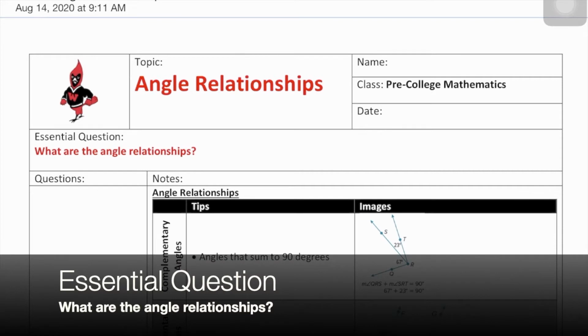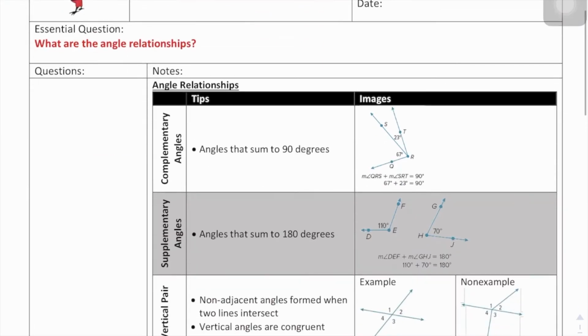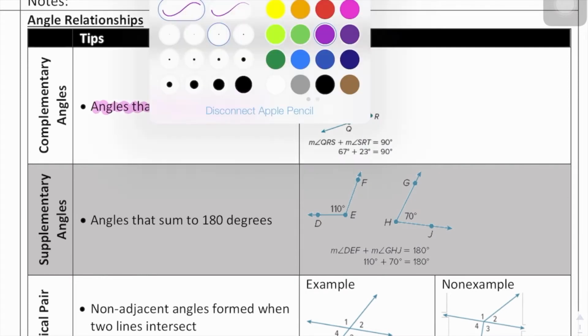Alright, in this video we'll cover angle relationships. There's a couple angle relationships here that you're going to want to memorize and be familiar with so that you can answer some of these questions. Alright, the first one we have here are complementary angles. Alright, complementary angles are angles that sum. Remember that when you see the word sum, you want to think add